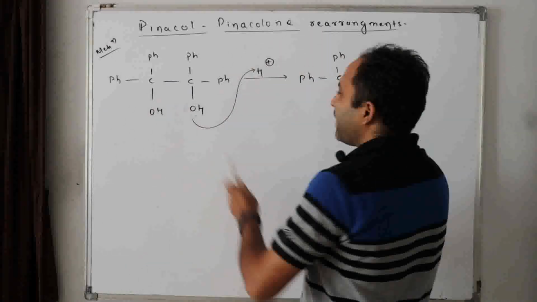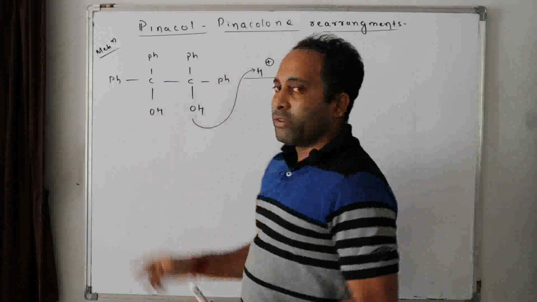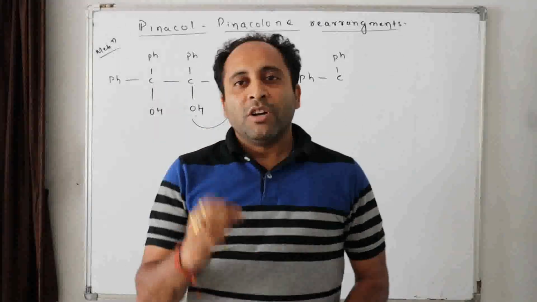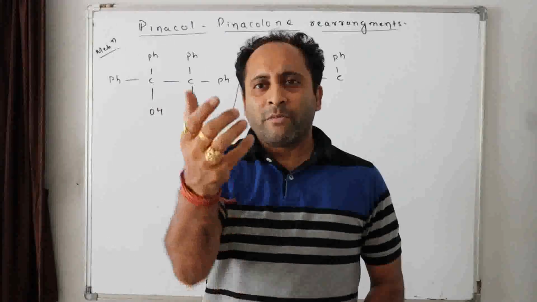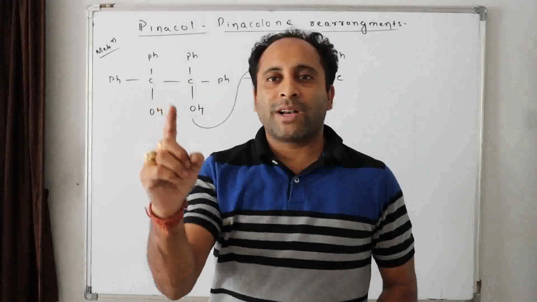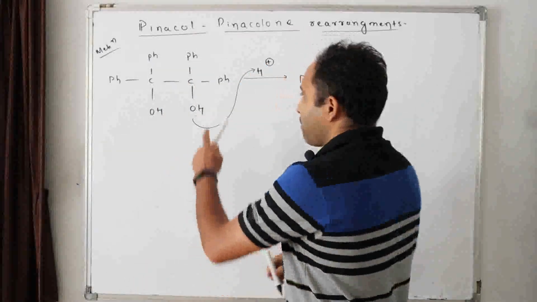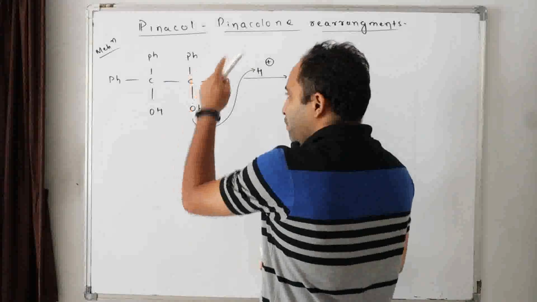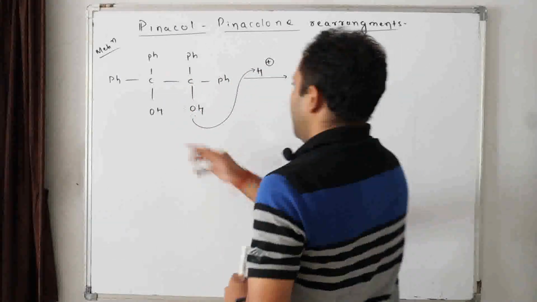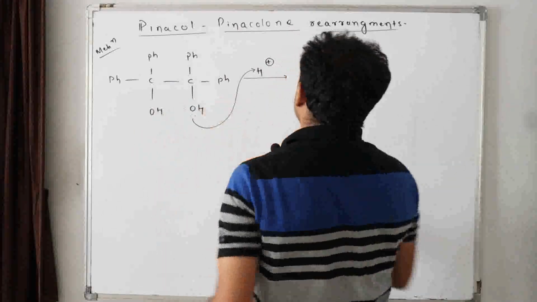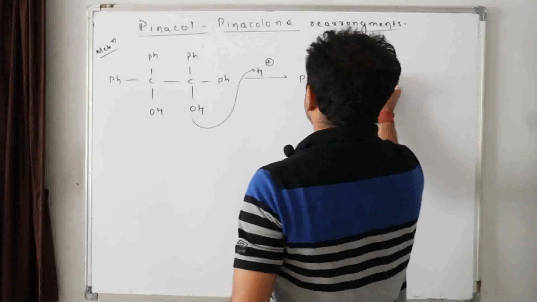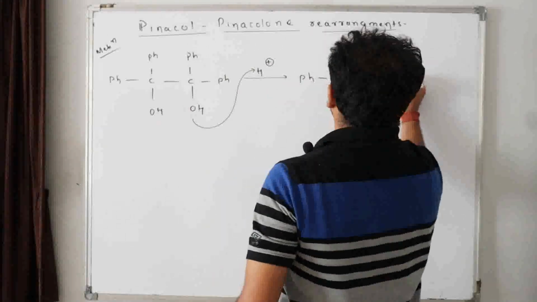Now you may ask me, sir, whether this OH or this OH. At the time of this discussion, I'll go with some examples, and at that time I'll tell you which OH will be attacked. Removal of OH by forming a water molecule will give the most stable carbocation. The most stable carbocation point will be attacked by this H plus. Okay. Now, here wherever I take out this OH, the product is the same. So this is OH. Now C, Ph, Ph,